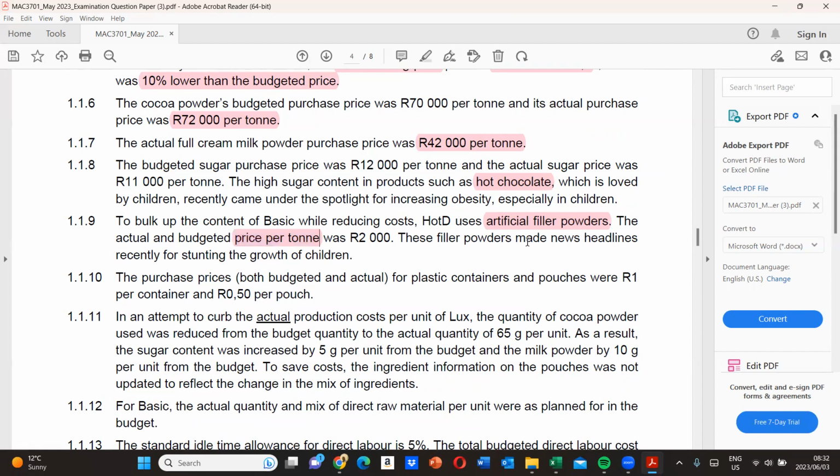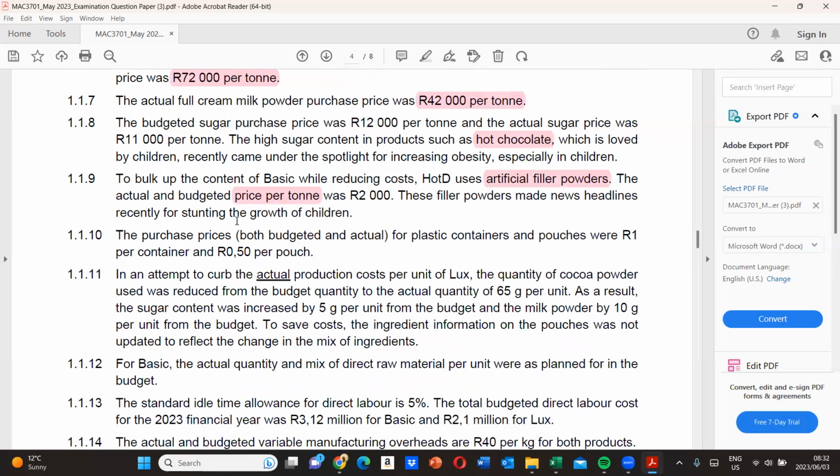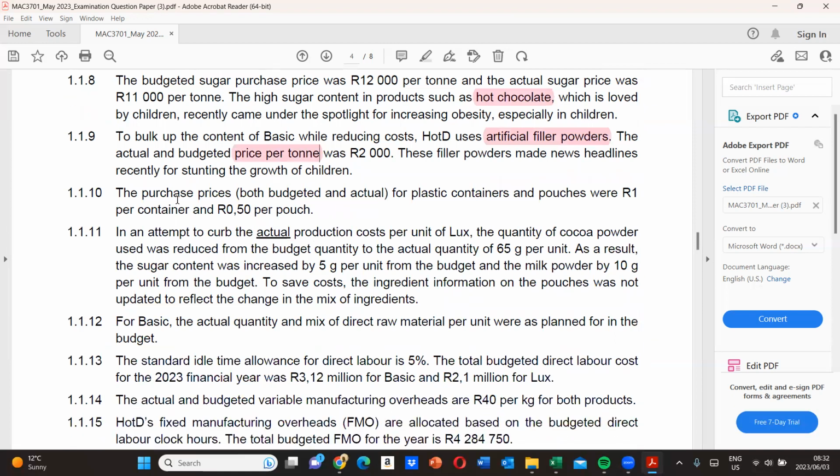These filler powders made news headlines recently for stunting the growth of children. The purchase prices, both budgeted and actual, for plastic containers and pouches were 1 rand per container and 50 rand per pouch. In an attempt to curb the actual production cost per unit